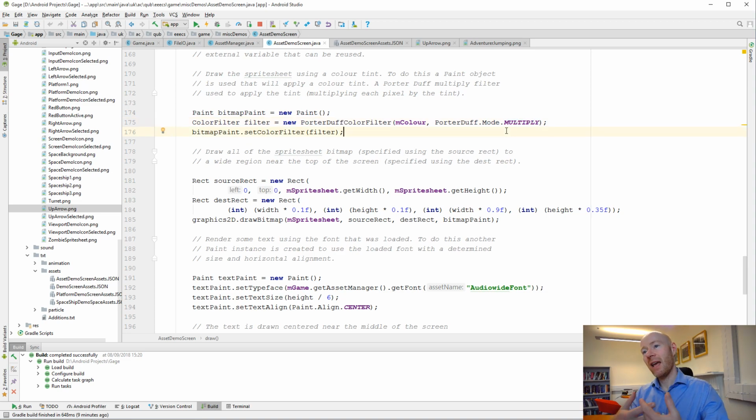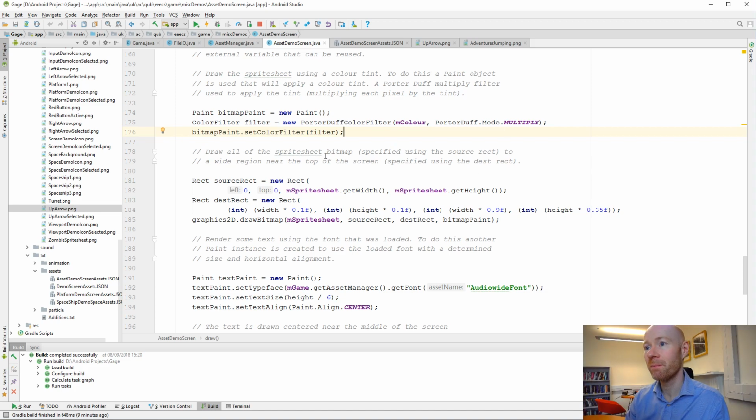So we will take our original bitmap pixel values and multiply them by whatever color we have. If we had white, which in terms of multiplying is 1, 1, 1, 1, it won't change it. But if we have a 0 in any of the channels, it will effectively remove that color channel